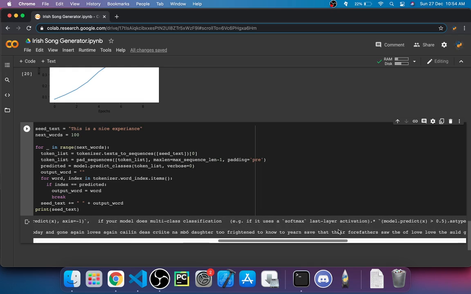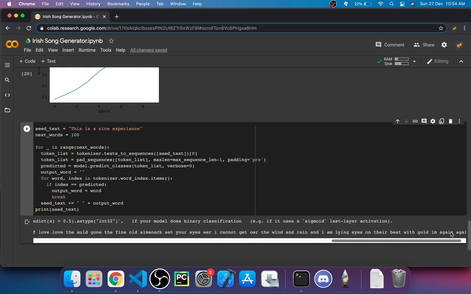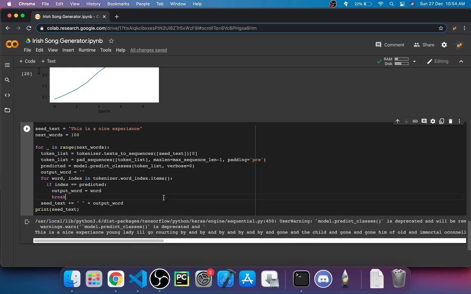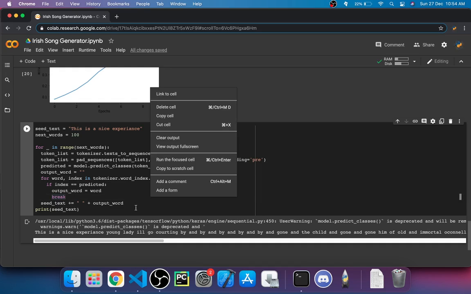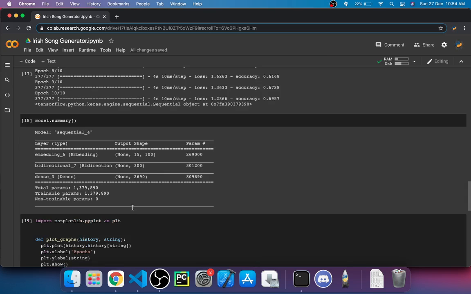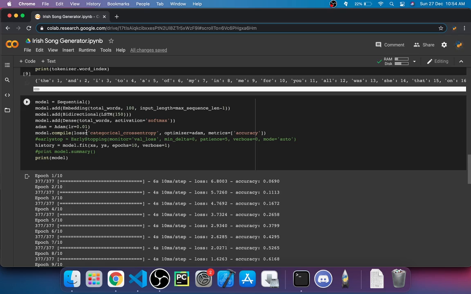So you can see, at some areas, that it's kind of getting like a good thing, but it's not very good at actually making an Irish poem. So if you certainly want to make this, you can just put in 100 or 1,000 epochs, train it over the night, and by the time it will be morning, you will run your network and it will be predicting wonderful songs, actual things that you can actually sell in the market.